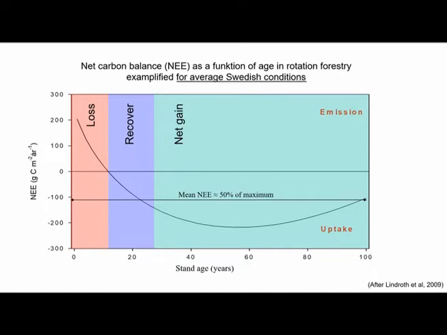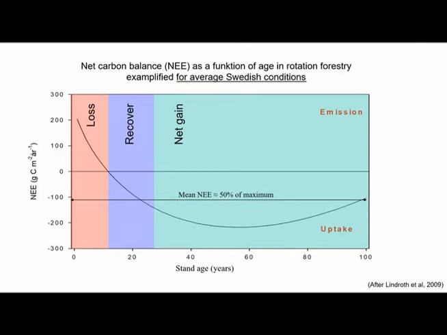This is an example of how the carbon balance varies over time as a function of stand age. This simple model is based on results from chronosequence studies that we made in a European project some years ago. We had 5 different chronosequences in Sweden, Finland, UK, France, and Italy. And it was actually possible to build a model of how the carbon balance varies over time as a function of rotation length and maximum uptake.